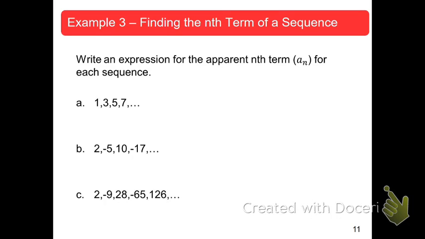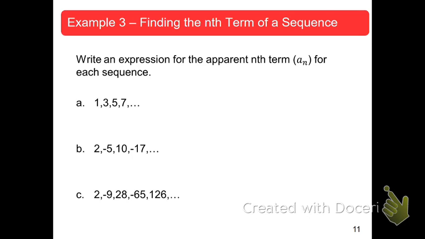Okay, so to find the nth term of a sequence, we're going to write an expression for the apparent nth term, or a sub n, for each sequence. So the first thing is, notice on A that all of my numbers are positive, so I don't have to worry about alternating positives and negatives like we're going to have to do on B. So I just need to find some expression or some equation here that when I plug in my n value,